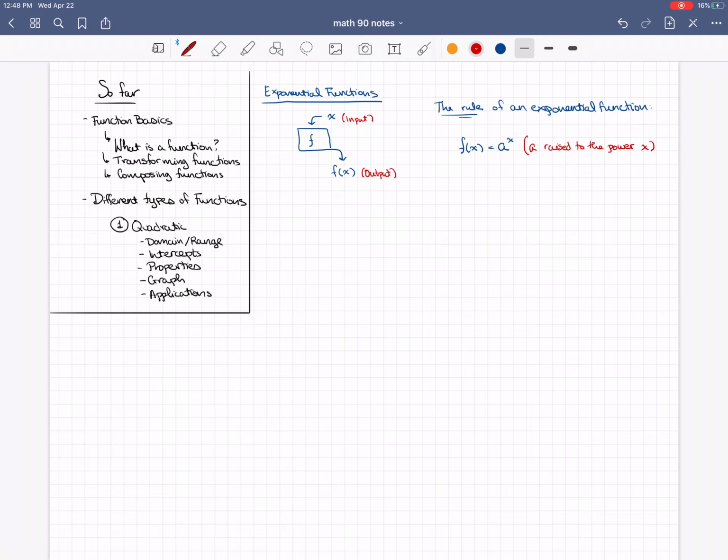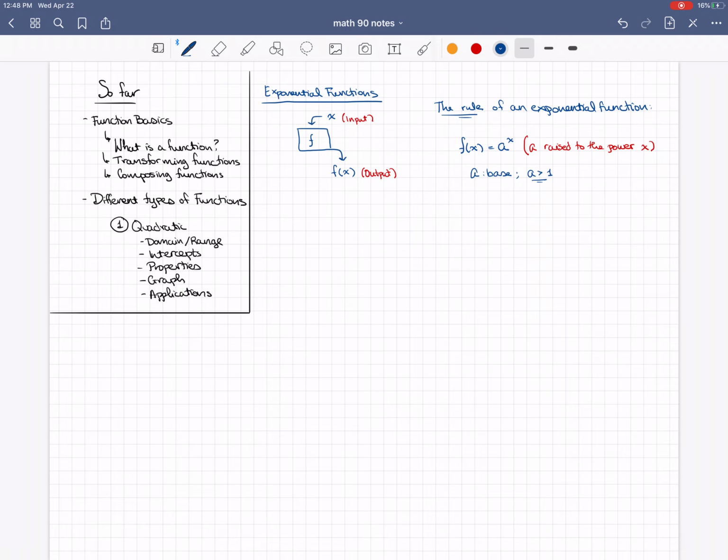So the input is the exponent, right? That's why it's called an exponential function, is that the input acts as the exponent on the base. a is called the base. And in our definition, the base is a positive number, and not only is it positive, it's greater than 1,